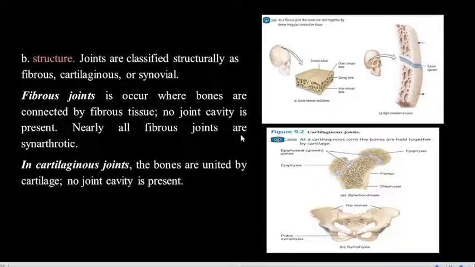So, meaning immovable. Makita mo itong mga fibrous joints sa mga immovable na joints. Next, cartilaginous joints, bones that are united by cartilage. No joint cavity is present. And then,